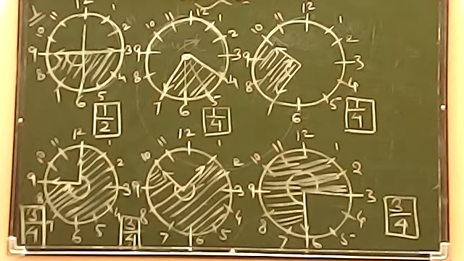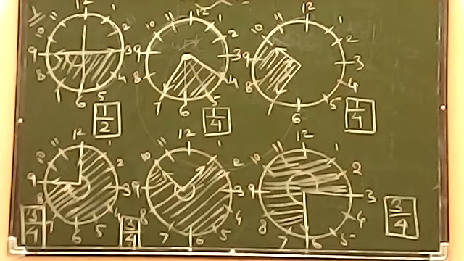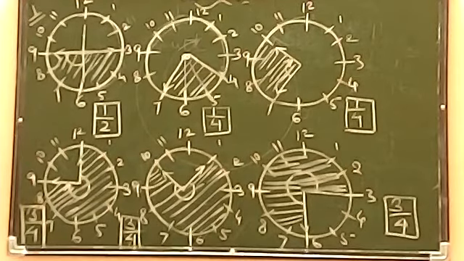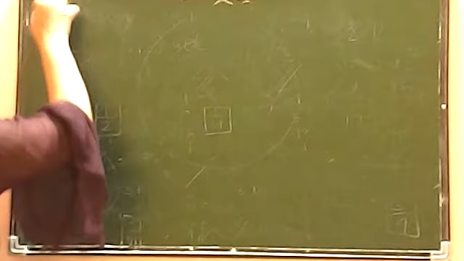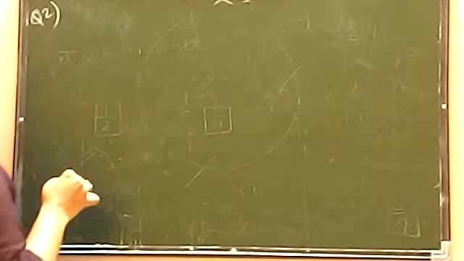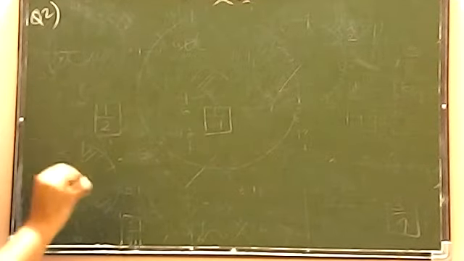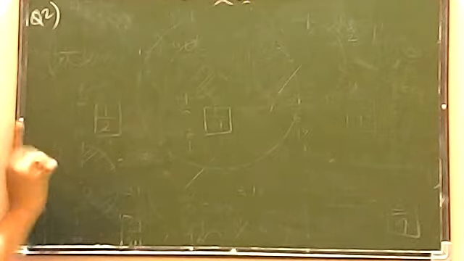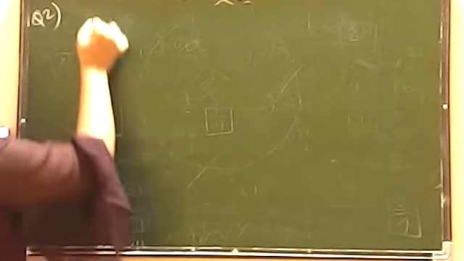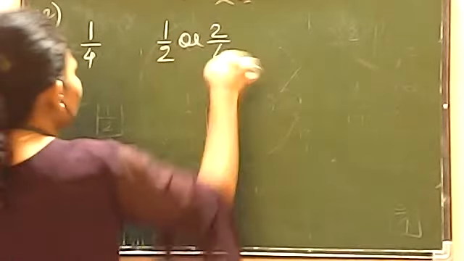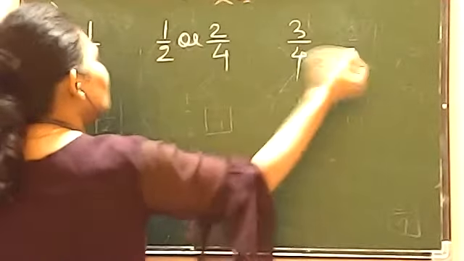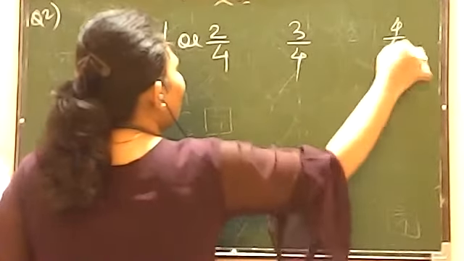Where will the hand of a clock stop if it? This is the question now. Question number 2 says here is, when will the hand of a clock stop? अब देखो यहाँ पर बेटा, याद रखिएगा, ये चीज सबसे ज्यादा इंपॉर्टेंट है. 1/4, 1/2 means 2/4 also. 3/4 and the last 4/4.